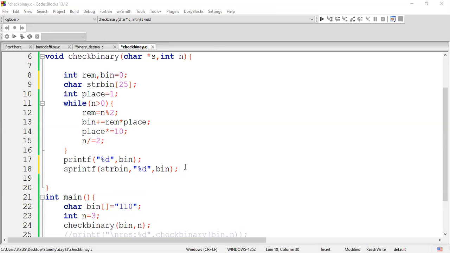Now this is done, and followed by it you can just print it. Printf, let me print it and check it first, then we can go ahead further, followed by str bin.